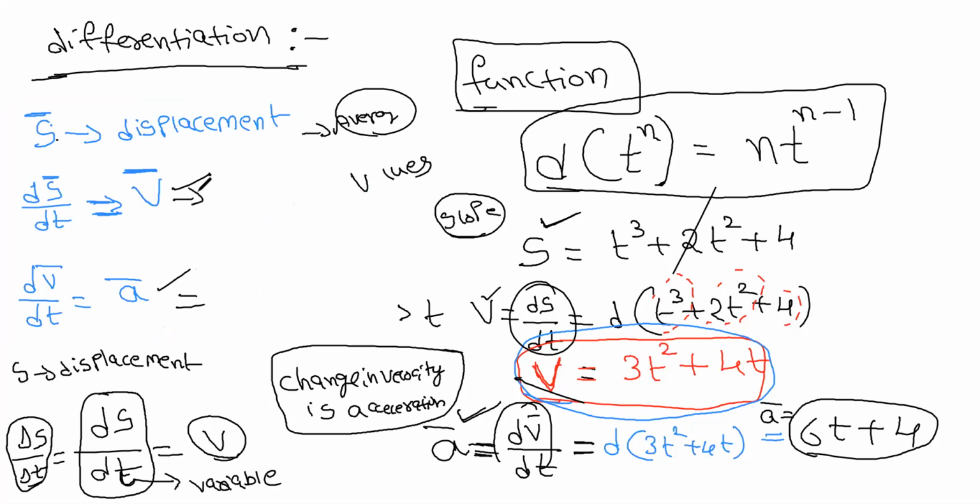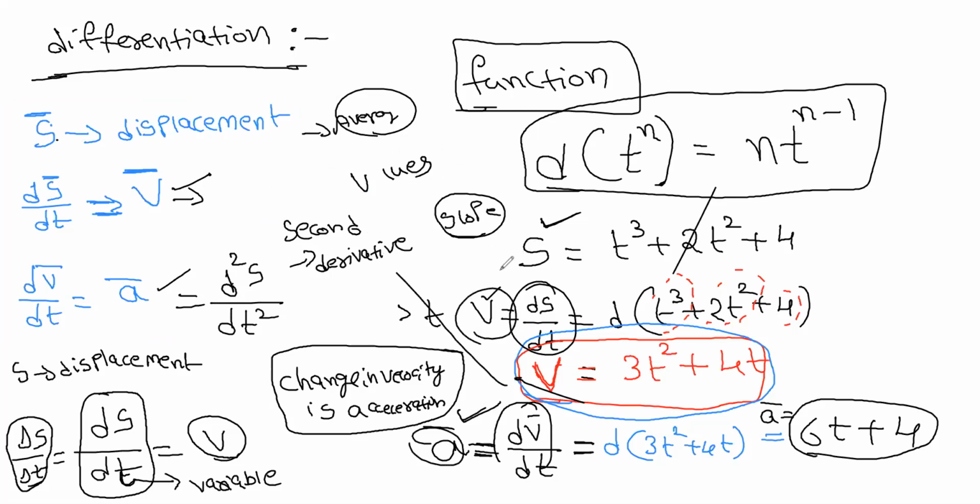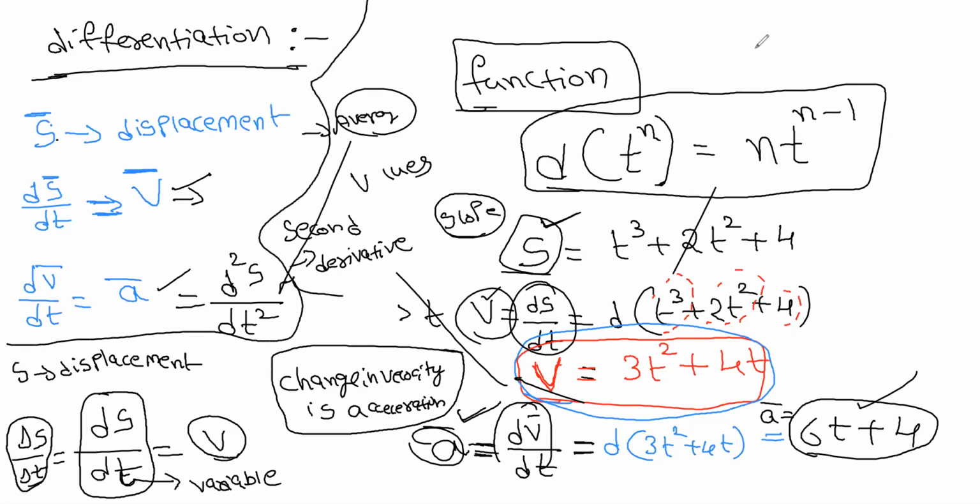This is if you are doing first time derivation for displacement, you are getting velocity. If you do two times differentiation, you are getting acceleration. So I can write it as d square s by dt square. This is called second derivative. Means you are derivating two times. Then you are getting acceleration. Correct? That is a representation of this as a note. Because whenever they have represented d square s by dt square, it is not a new term. It is two times differentiation, the meaning of this. Okay?